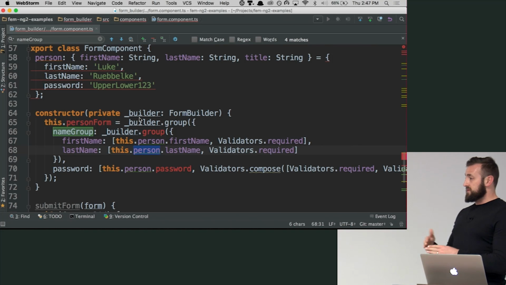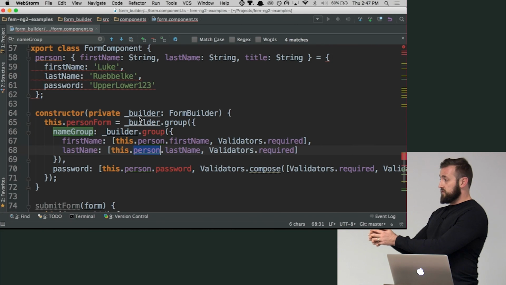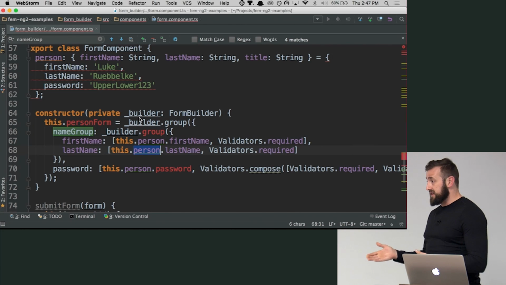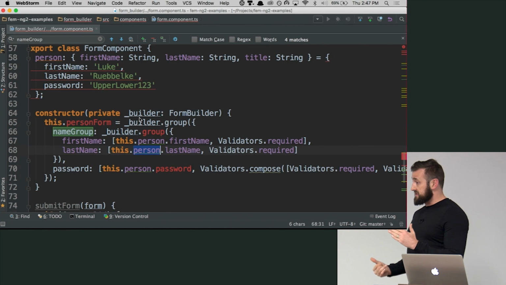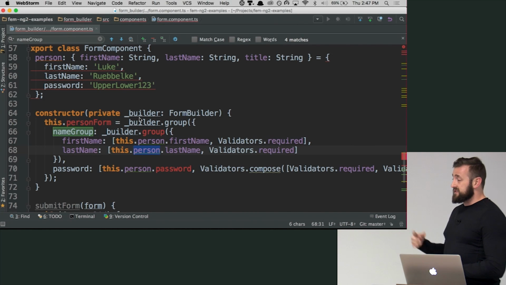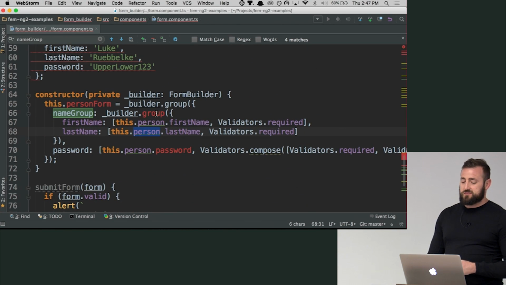So when you have a form, you have two states. You have the actual values in the form, and then you have the state of the form. So for instance, is it in a valid state? Has it been touched? What are the validators for that? So in Angular 1, you would actually dump out the form group, and you could see that. And so this is essentially the way that they're doing it, and it seems to be a bit of a magical way, but we're simply saying now,